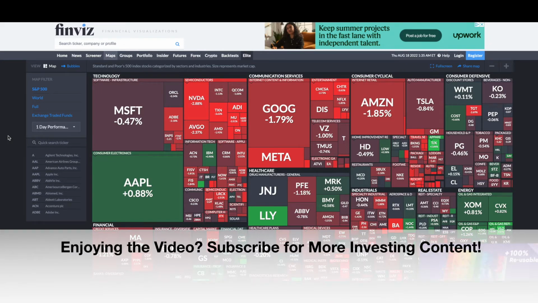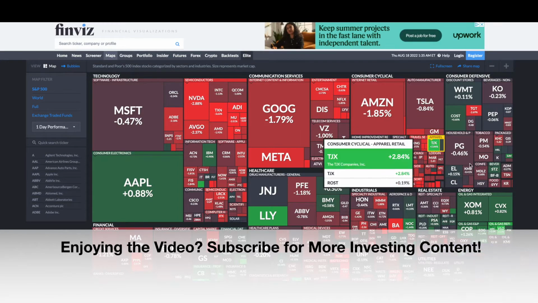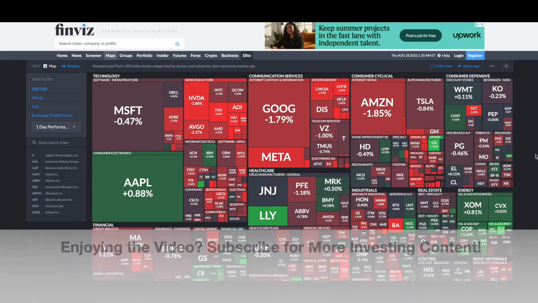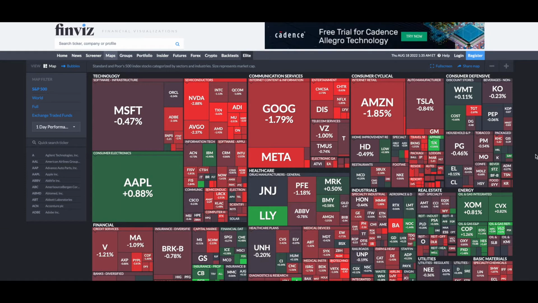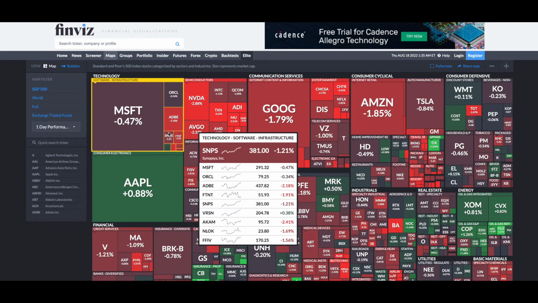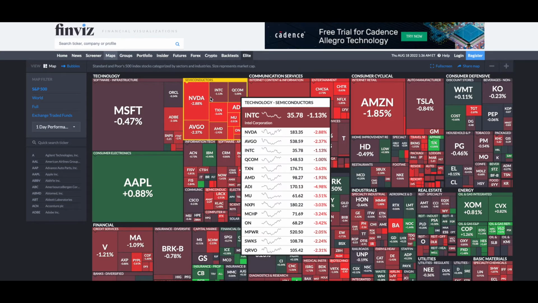The heat map is also categorized by sector. So you can see that we have technology, communication services, consumer cyclical, energy, and plenty of other sectors. Each sector is also made up of industries. So for example, the technology sector has software infrastructure, consumer electronics, semiconductors, and other industries which make up the broader